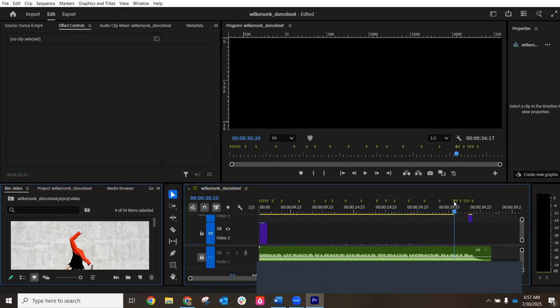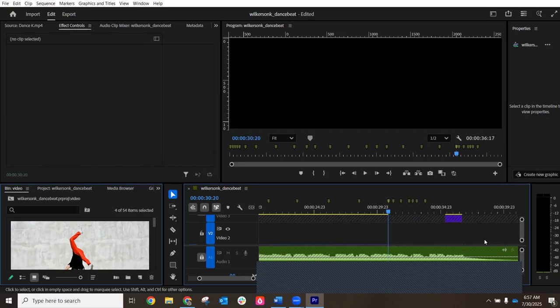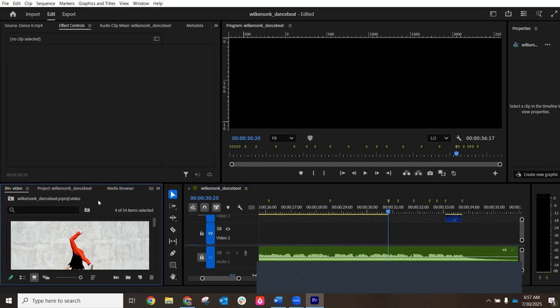Okay. So right here, let me zoom in. I have 1, 2, 3, 4, 5 spaces I need to fill, and it's going to start here. So I'm starting at that marker, 5 spaces, and I'm going to go back over to my bin video, click on it, tilde,